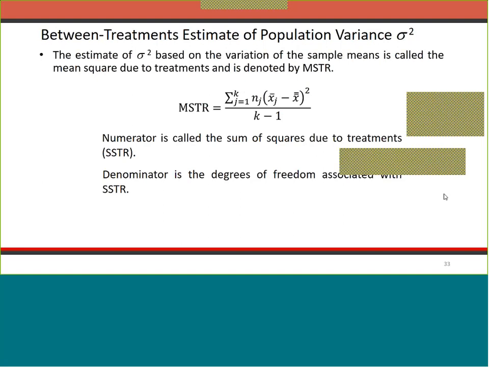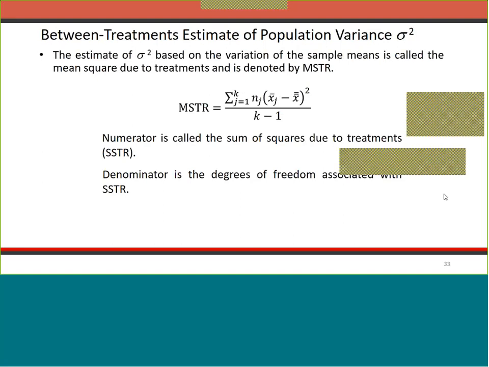The between treatments estimate of population variance, which I am denoting MSTR, the mean square due to treatments, is given as summation j runs from 1 to k, where k is the number of treatments, nj is the sample size for the jth treatment, xj bar is the jth treatment mean minus the overall mean, whole squared, divided by k